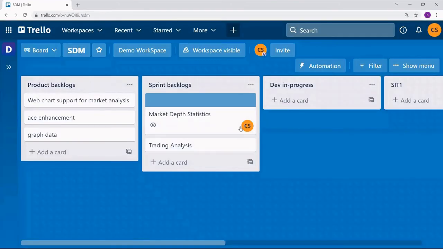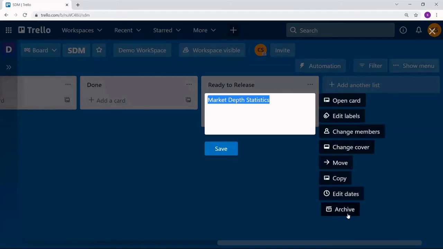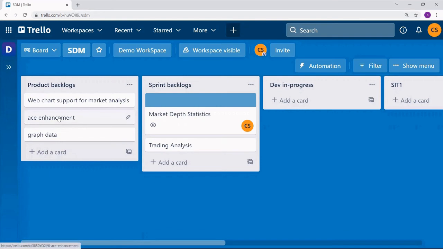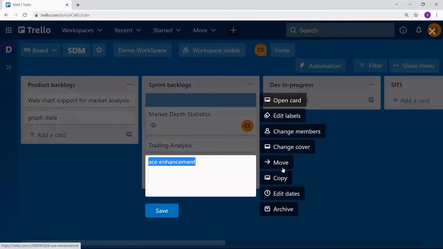See, that member has been added. Similarly, you can invite more members and add them to the respective task. If you want to delete or archive the card, simply right click and choose the archive option, so it will be deleted. Suppose I'm dragging AS enhancement to this category, then I'm trying to edit.